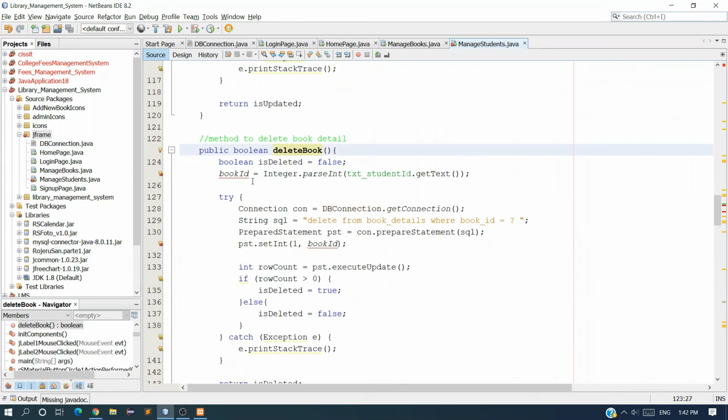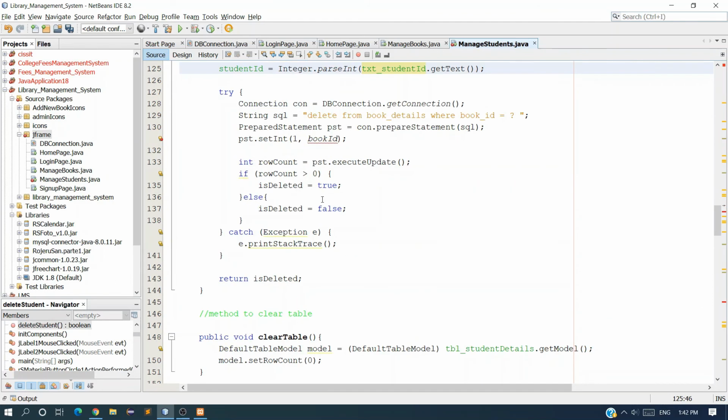Now last one is delete book, so we have to modify it and name it as delete student. Now take in the right here student ID, not book ID, and the get text field name is correct, student ID, and delete from student details, not book details, where student ID, not book ID.